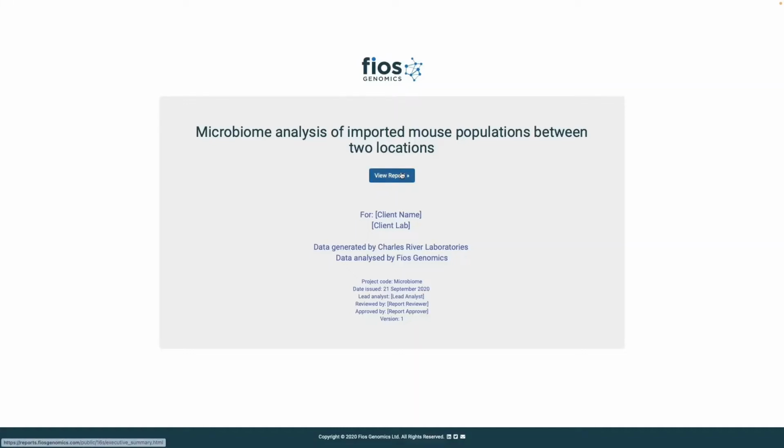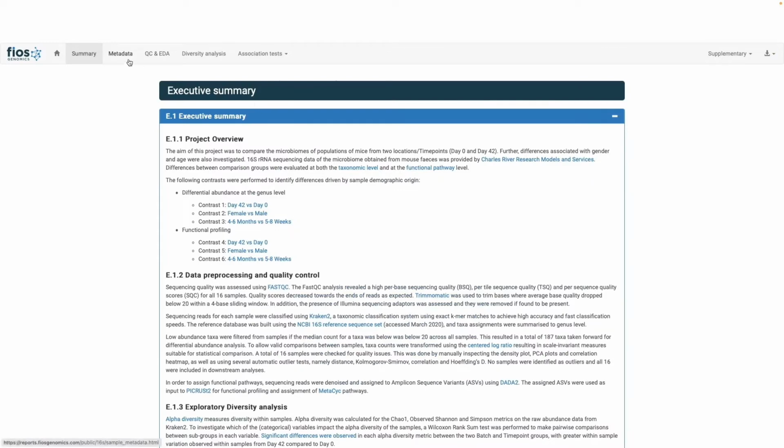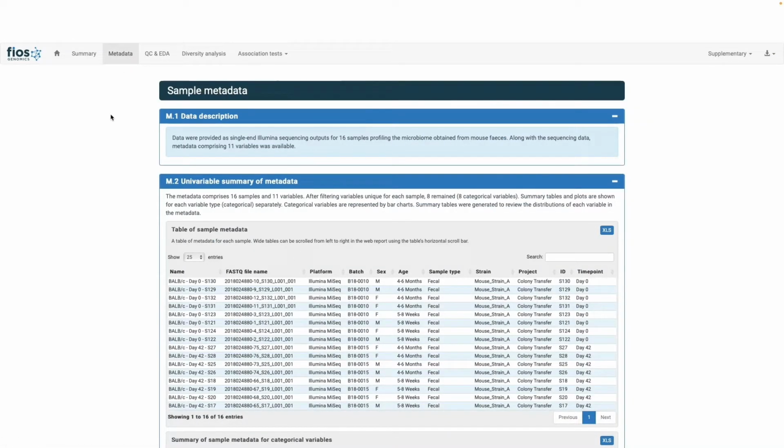In this report, we look at the differences in the intestinal microbiome of mice following transfer between laboratories. To investigate this, 16S ribosomal RNA was obtained from mouse species for 16 animals of different age and sex. The first step of the analysis is a thorough investigation of associated metadata to help us understand the relationships between